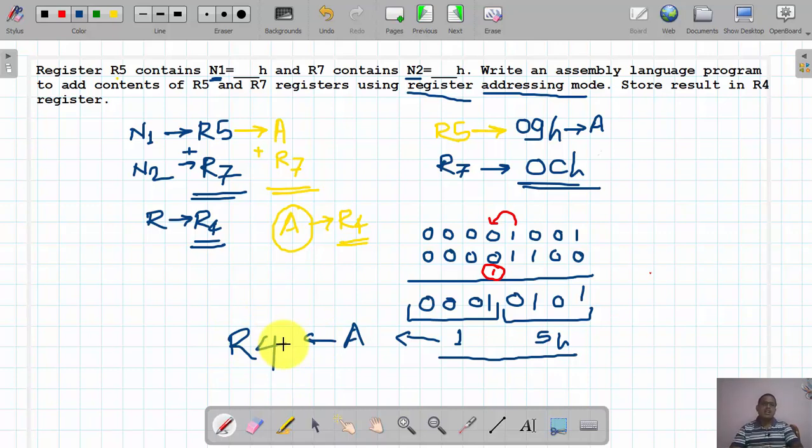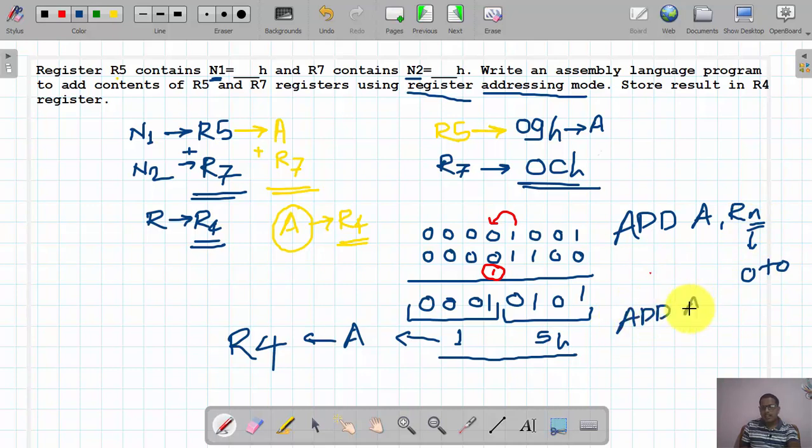So in this way, this register addressing mode we are going to use, right? And the simple instruction that we are using is ADD A, Rn, where n is 0 to 7. In our program it is ADD A, R7. So what does it indicate?